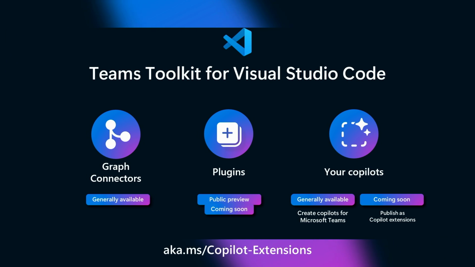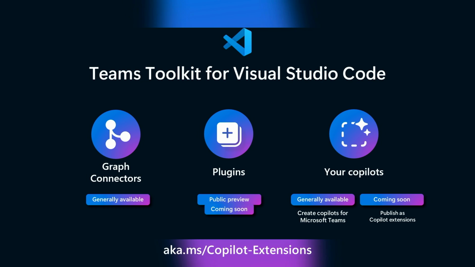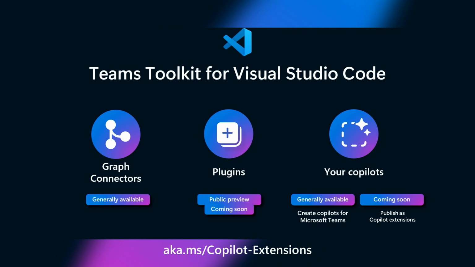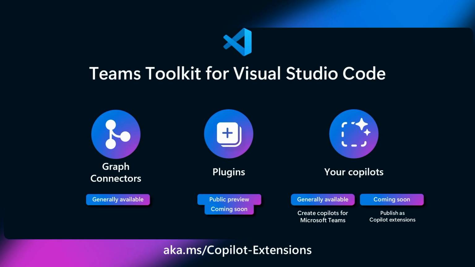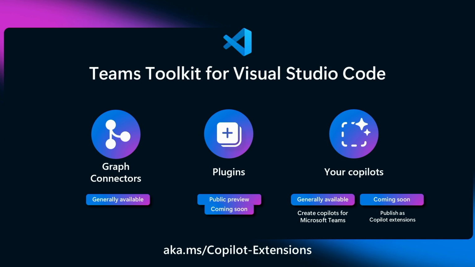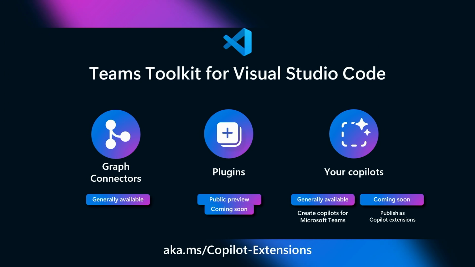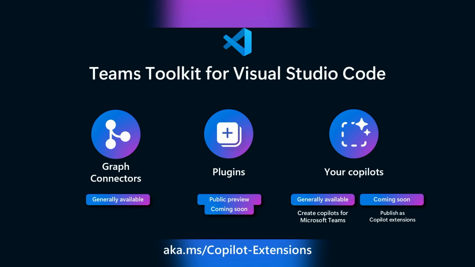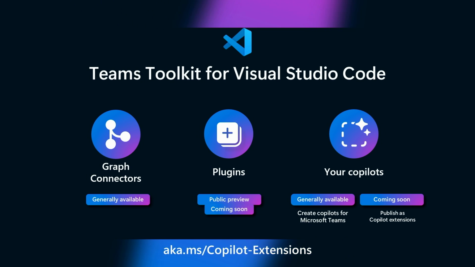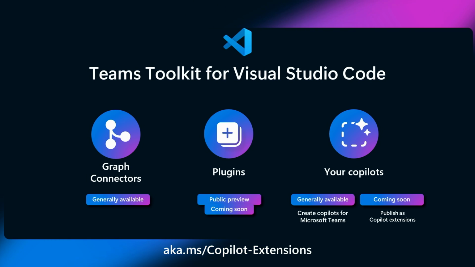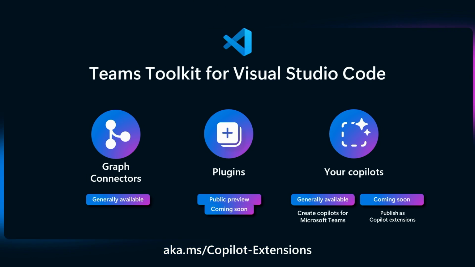From a Teams Toolkit and Visual Studio Code perspective, Graph connectors are generally available, and they're available as part of the Copilot for Microsoft 365 experience in public preview still. The Teams message extensions are still available right now in your tenants today, and coming very, very soon, API plugins, which I demonstrated backed by those OpenAPI documents, will be available in your tenants to play with too. In addition, if you want to build custom engine copilots in the Teams AI Library, those are available right now, standalone, and very shortly you'll be able to have that immersive experience and that handoff from our Copilot to your copilot in your public tenants too.